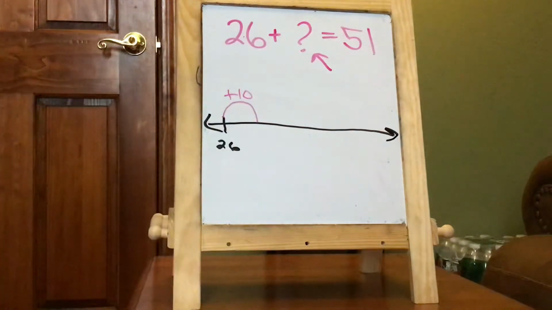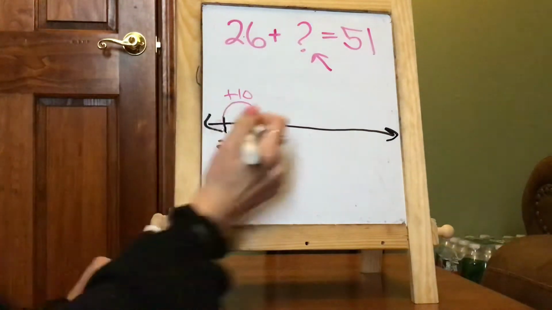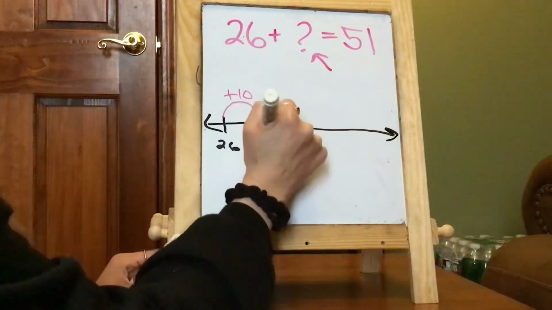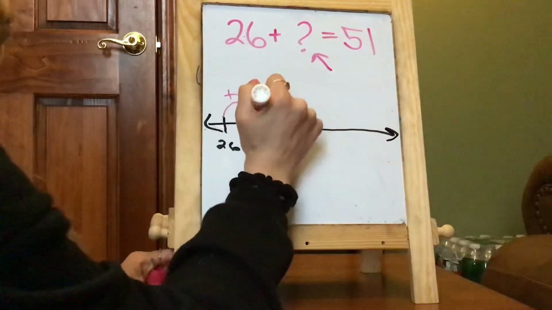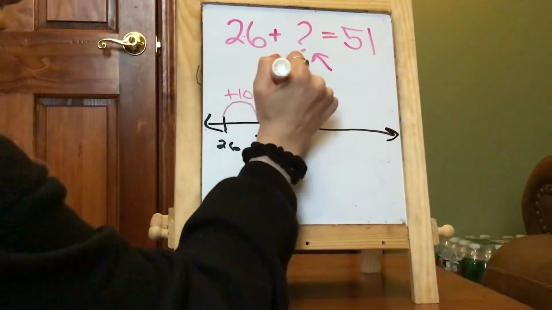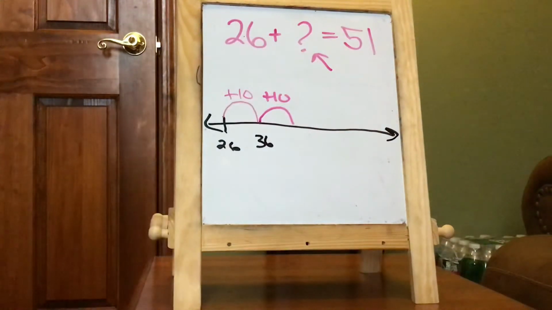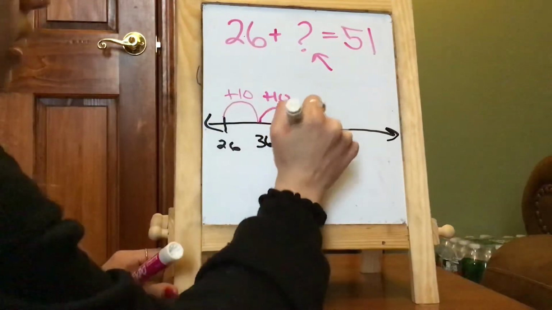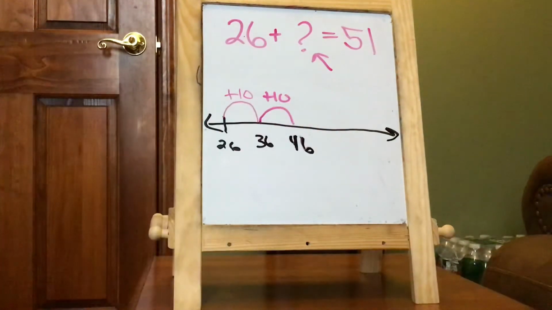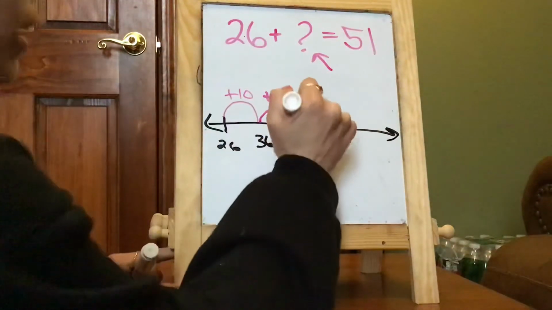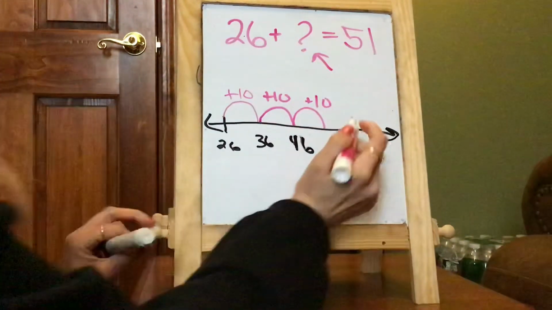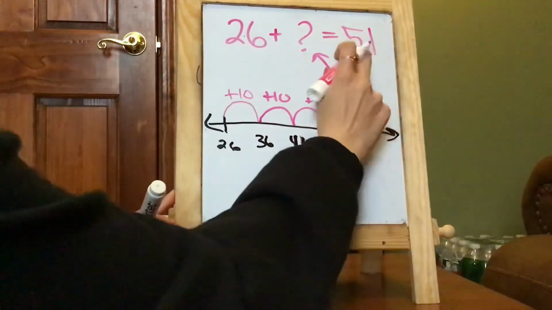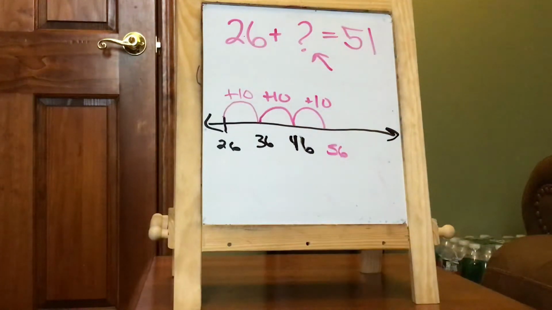Plus 10. 26 plus 10 equals 36. Not quite 51. I'm going to add another 10. 36 plus 10 equals 46. Still not quite 51. Now, maybe I want to add another 10. But, oops, that equals 56, and that's too much. So what I'm going to do now